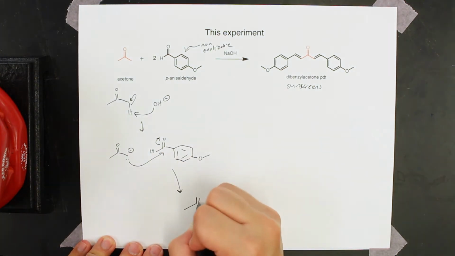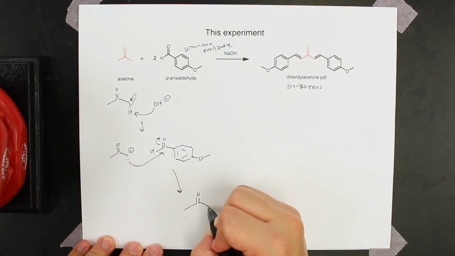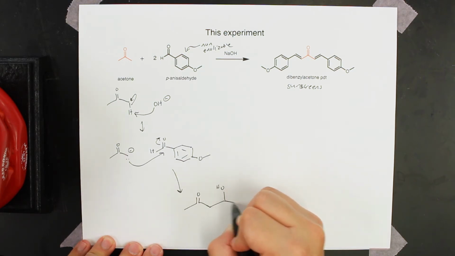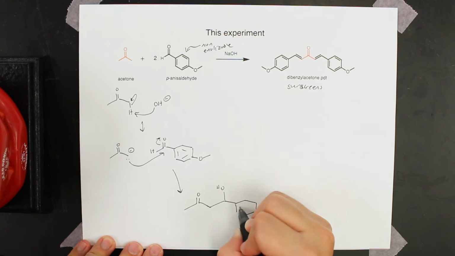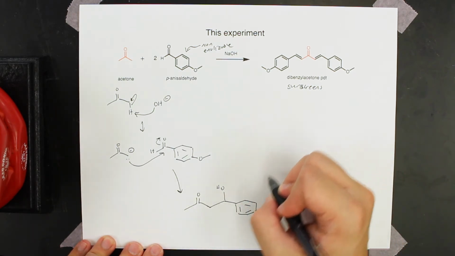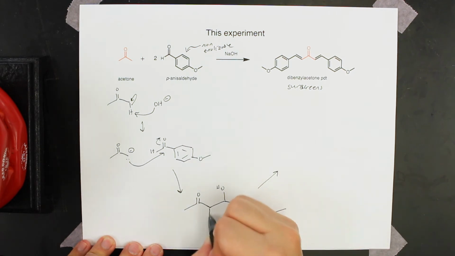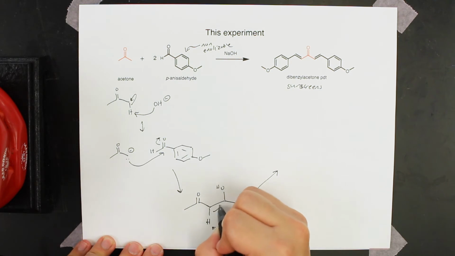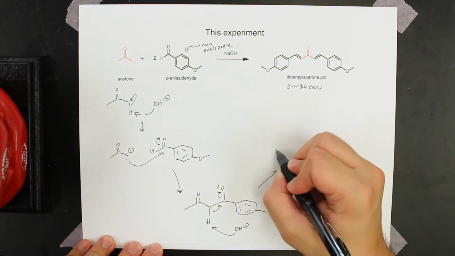Okay, here is the beta hydroxyketone you generate. Okay, and then finally you perform the elimination. So I'll just draw it as an E2, even though it's not an E2. Simple elimination. And now we generate